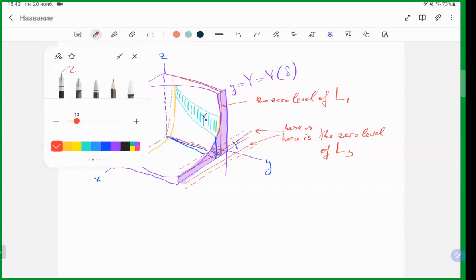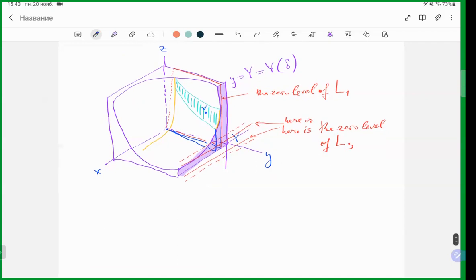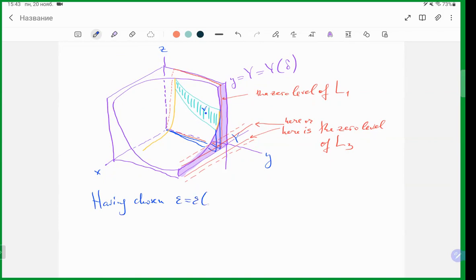So in this situation, having chosen epsilon, depending on delta, small enough, we guarantee that